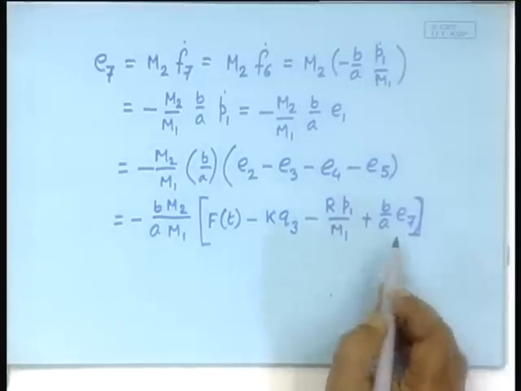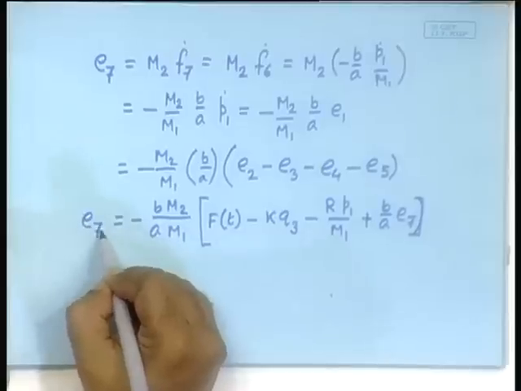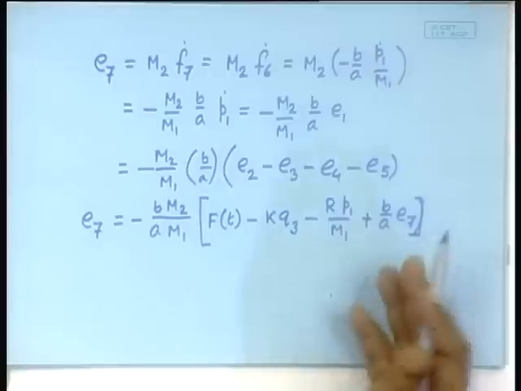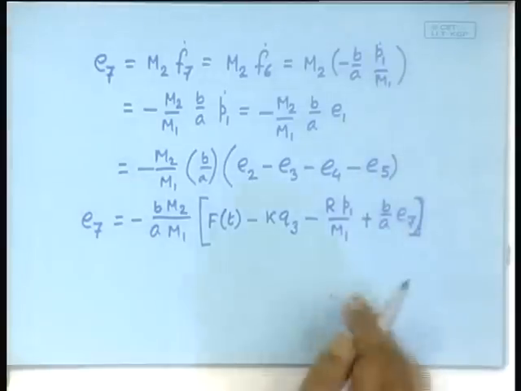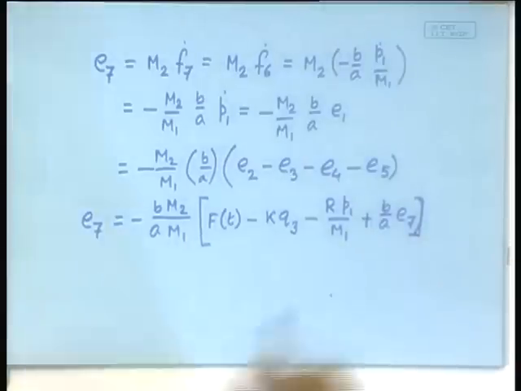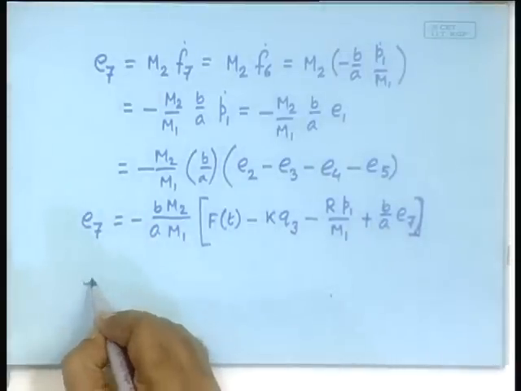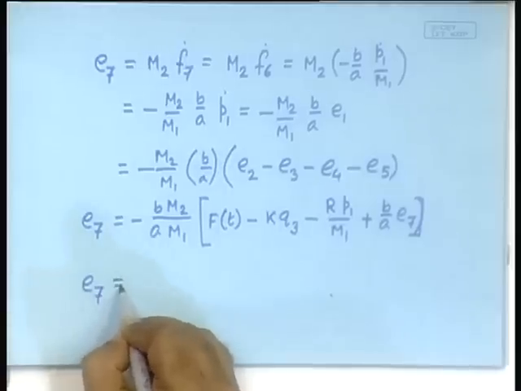So, when you have this, you would notice that in the left hand side you have E7, in the right hand side also you have E7. So, you can easily extract this value. Now, you just do a bit of algebra, you get it in the left hand side and divide. So, that E7 is obtained independently as,